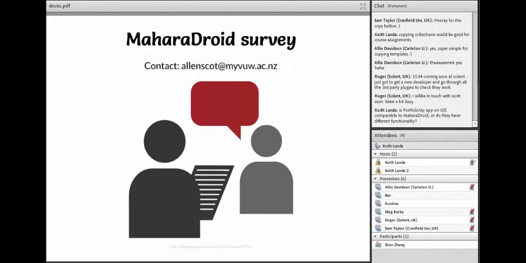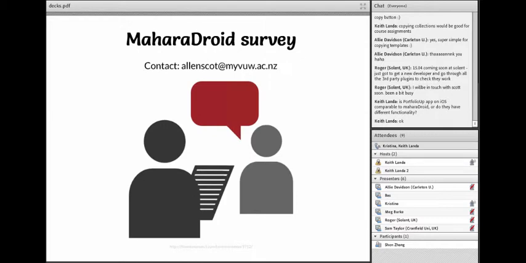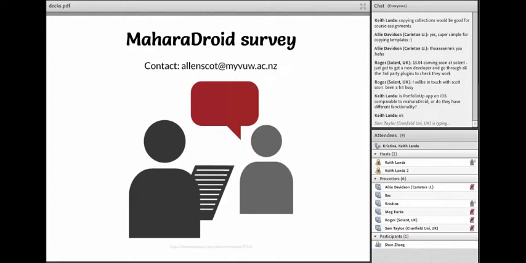Keith, quick question in regards to your question: is Portfolio app on iOS comparable to Mahara Droid, or do they have different functionality? The functionality is pretty complementary these days because Portfolio app has just been updated and is now called Experience app. I have not seen it in action myself, but